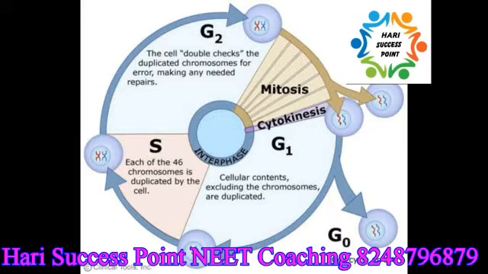Then comes the division phase, that is M phase. This is the division phase characterized by the movement of centrioles, appearance of mitotic spindle, separation of the sister chromatids of each chromosome, migration of daughter chromosome to opposite poles, nuclear duplication, cytoplasmic cleavage, and cell division. The DNA content in the daughter cell will have 2C value, that is half the amount of DNA